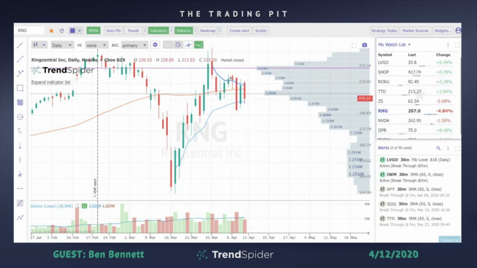The next day we started to clear this downtrending anchored VWAP from the high. And then I don't know what happened on this candle. It just completely went south. Woo! That is a solid red candle. Yeah, and big volume with it. There was no specific news for RingCentral. I had some other positions on that were working, so this was the only one that day where I was like, man, it's just not working.